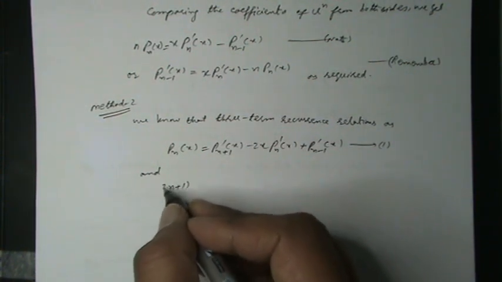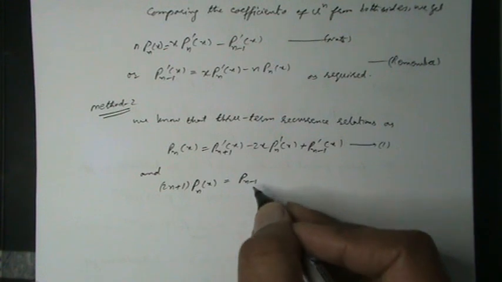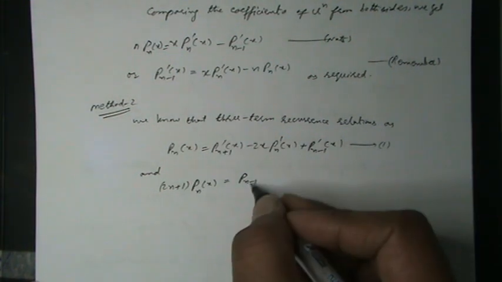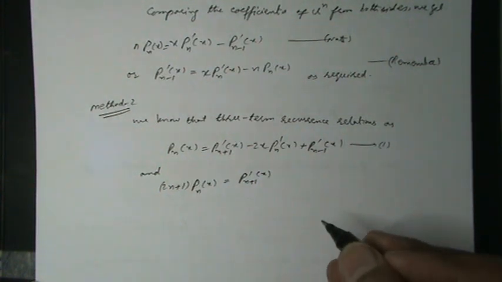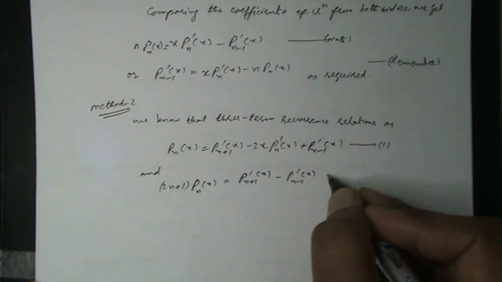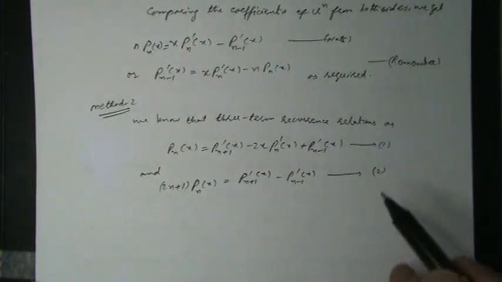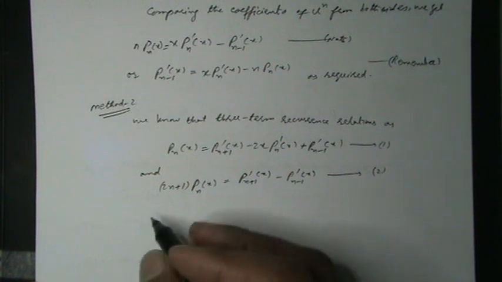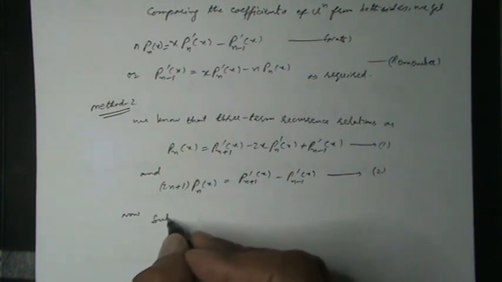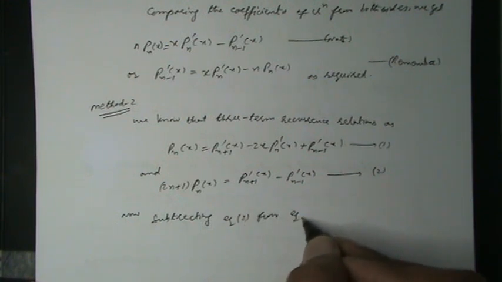And another: (2n plus 1) Pn(x) equal to Pn plus 1 dash (x) minus Pn minus 1 dash (x). Equation number 2. Now only subtracting 2 from 1 we get the required result. Now subtracting equation 2 from equation 1 we get